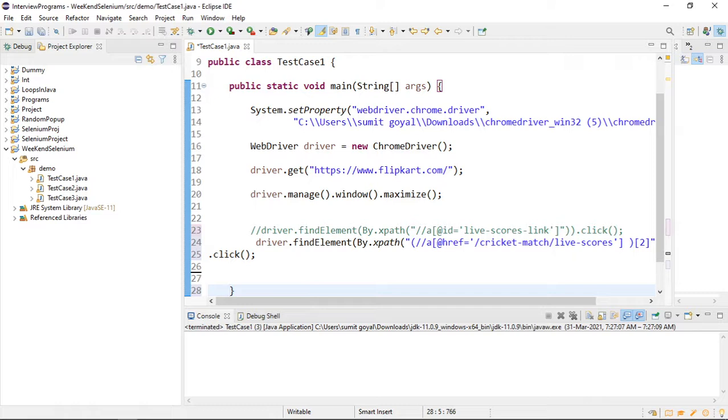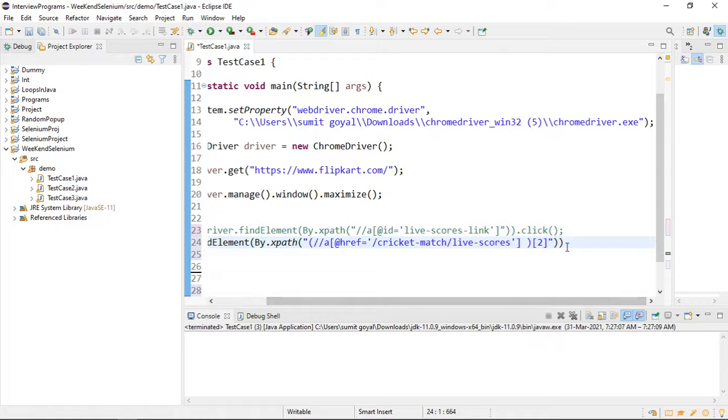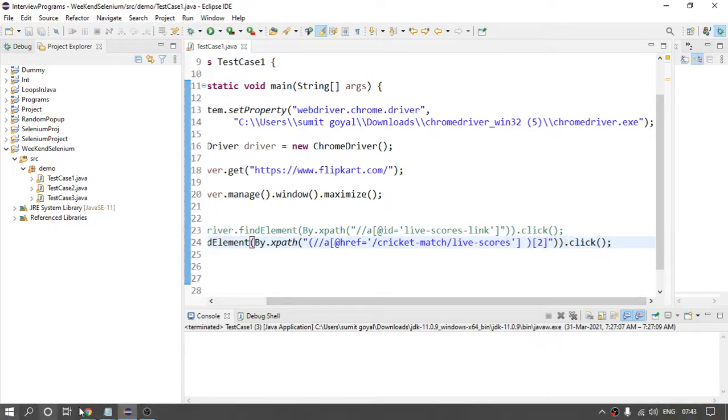I will use the dot click method. If I use the dot click method and try to run this, let us see.